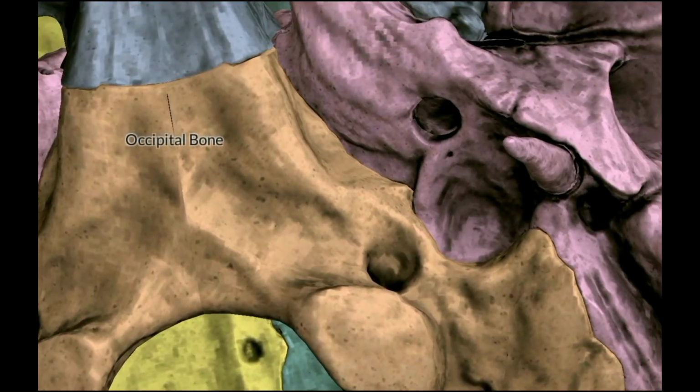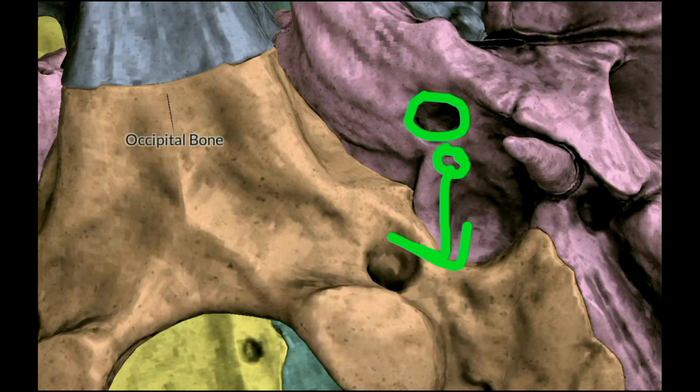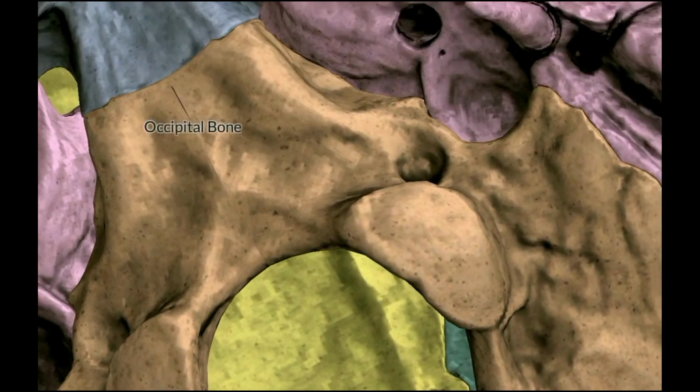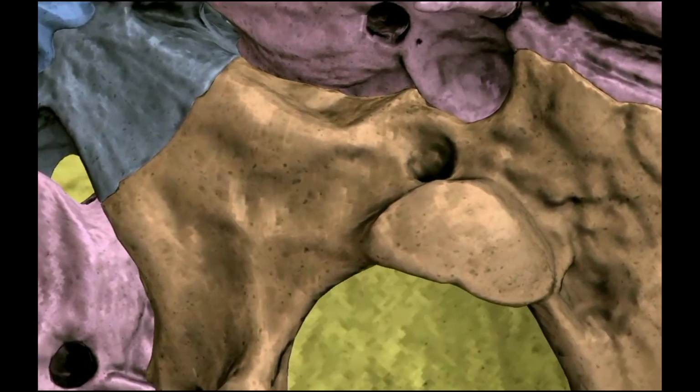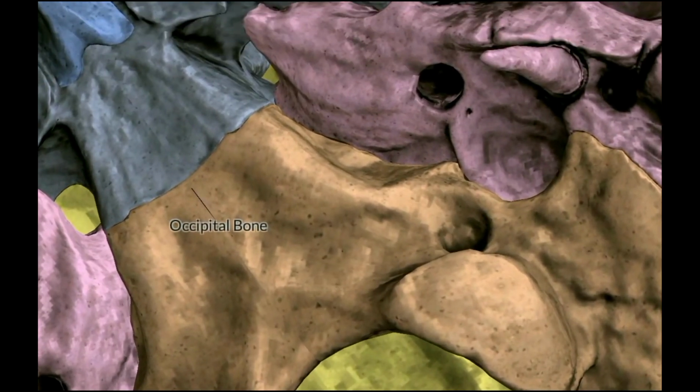And just between the carotid canal and jugular fossa you will see one more canaliculus. This canaliculus is known as the canaliculus for the glossopharyngeal nerve, the tympanic plexus. So it will go there, tympanic plexus, and you will see a triangular impression for the ganglion of the glossopharyngeal nerve